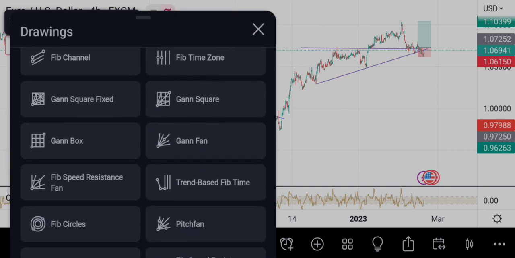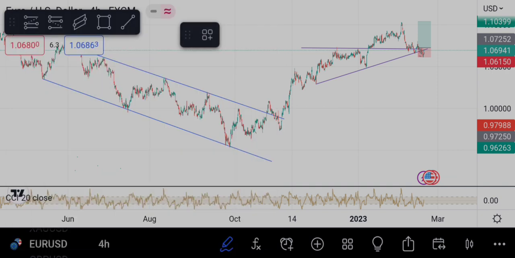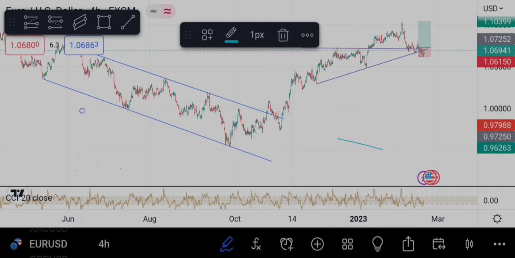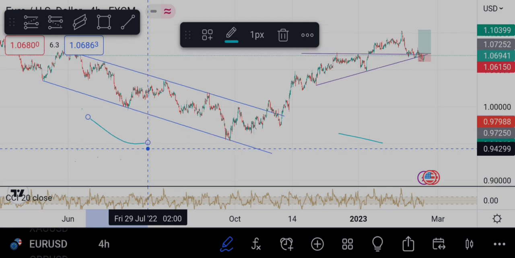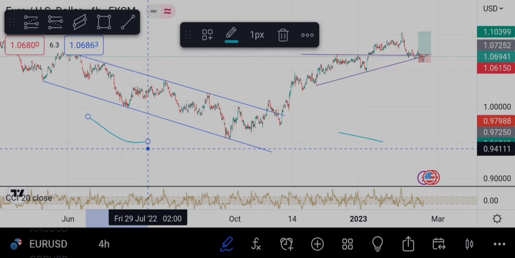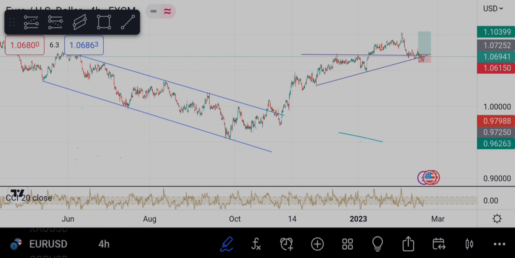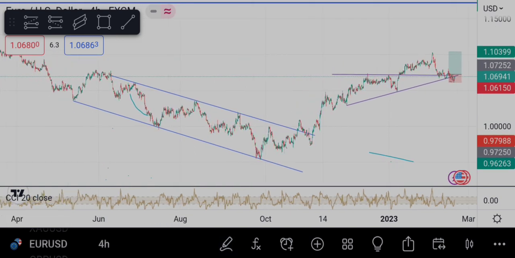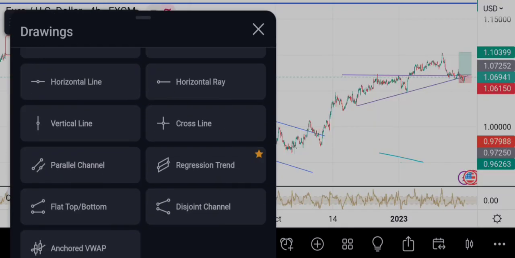Let me get to it so I can point out something. Okay, so if you look at this zone here, there is this zone here. As you can see, this point where, let me adjust it. So okay, sorry. Where